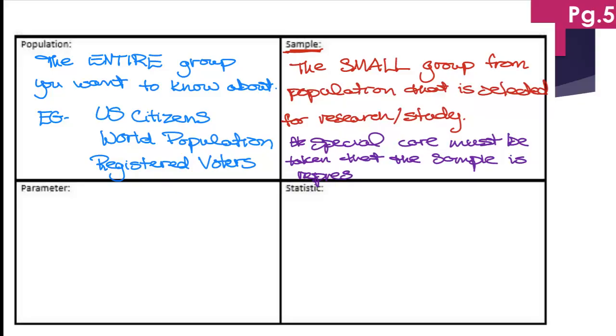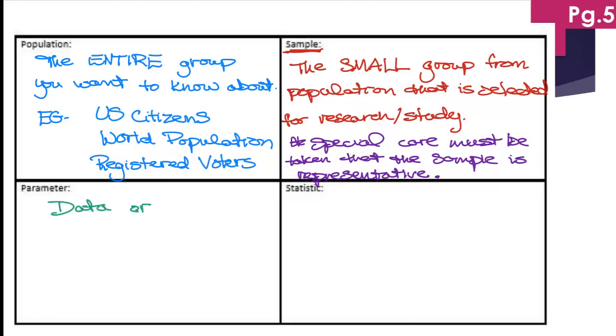So it has to be using people from the actual population that would be actual parts of that population. Okay? So population, you're not going to be able to talk to everybody. Sample from the population, yes, we can do a survey on them. Then we have parameter. Parameter, that is going to be the data